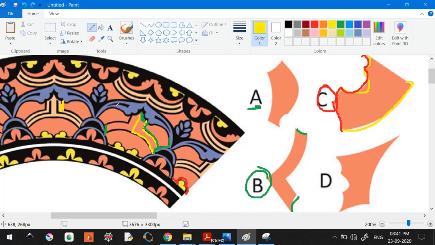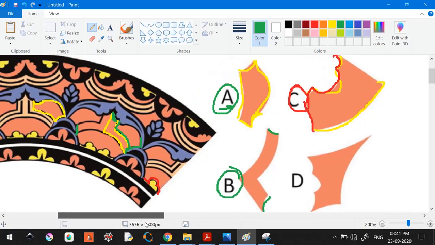Wait one second, sorry. Actually, this curvature is this one, and this bend is this one. Yeah, it looks like that. And this moon kind of curvature is actually this one, yes, now it is fitting. And this straight line is actually this straight line. I hope you are getting it. The remaining curvature is actually the connection between these two. Yes, perfect, this is fitting. So I will also take this.